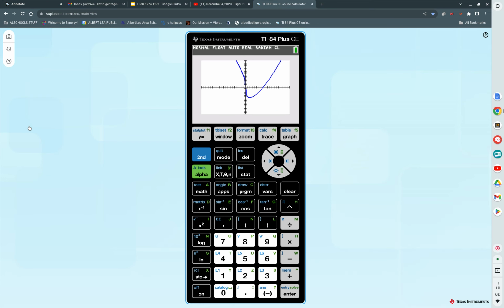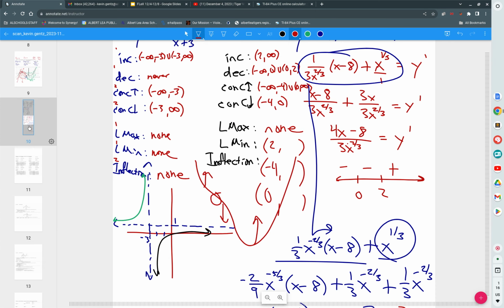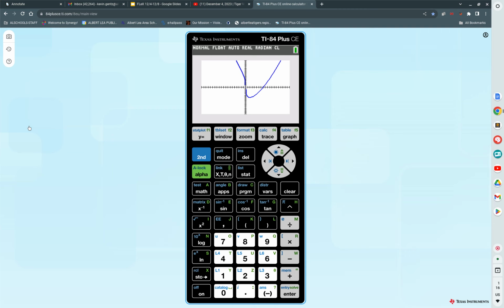Does it have a local maximum? No. Does it have a local minimum? Yes, it occurs, as we see, at an x value of 2, which we were able to pick up. We said at 2. It has no local maximum. Look at increasing and decreasing as we gather information from here. Increasing or decreasing? It's decreasing all the way until you get to that minimum spot, which would be at